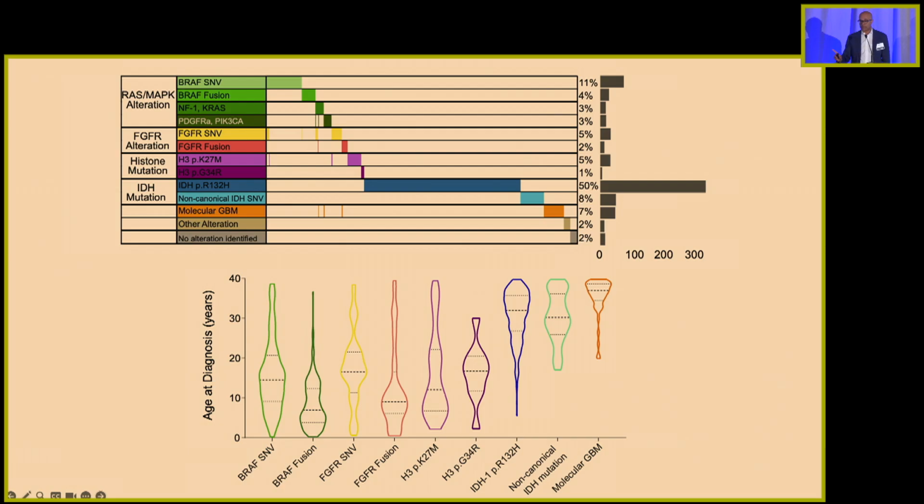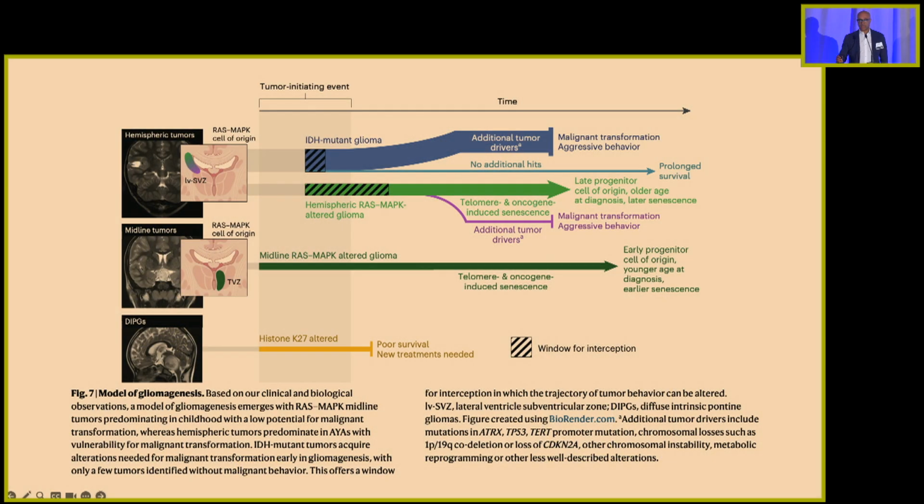So I'll stop for just a second. 80% of these patients have a tumor with a targetable mutation. This is an idea that we're working on right now. We have the luck of having patients with IDH mutant tumors from the age of 6 into their 50s, and what we can see is that over time, these are essentially ticking time bombs. You can see them accumulate further mutational changes as time goes on.